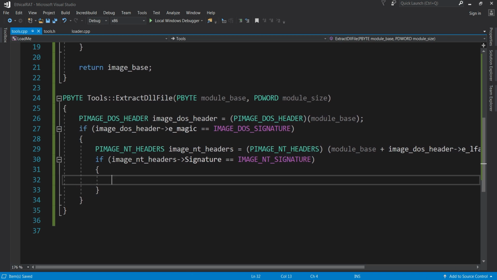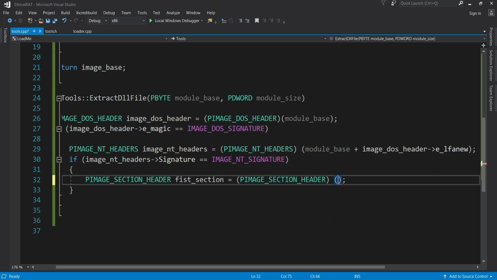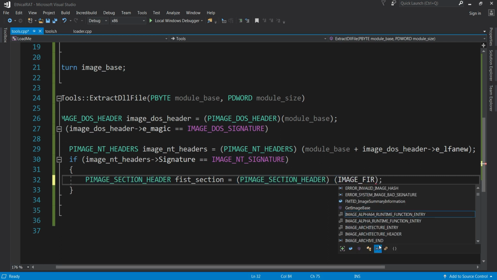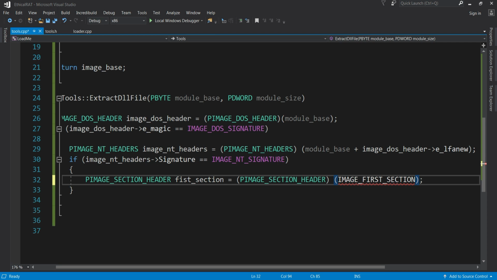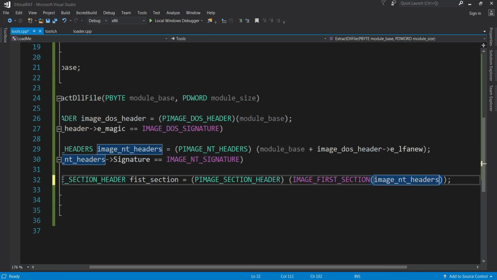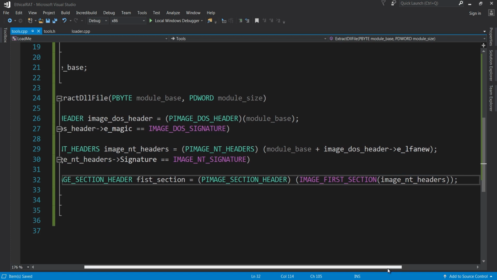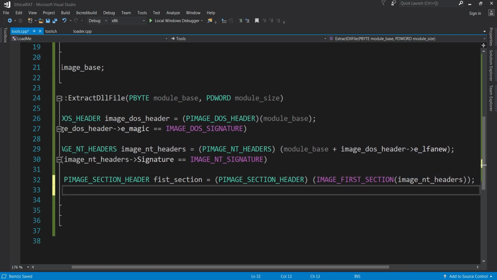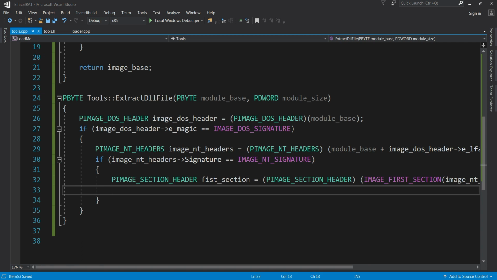So the first section, the image section header, first section will be equal with something. The first section will be IMAGE_FIRST_SECTION of this image NT headers. So this is the first section, and now we need to get to the last section, so that would be